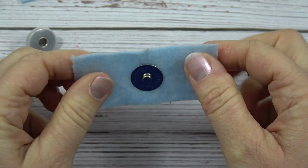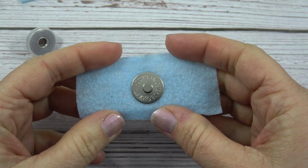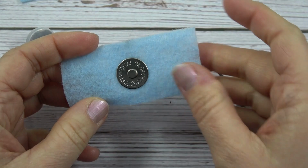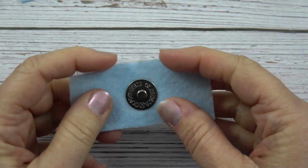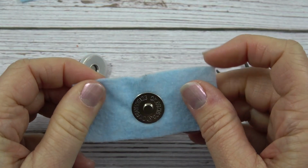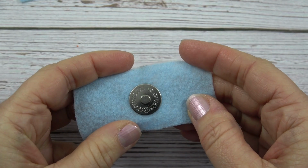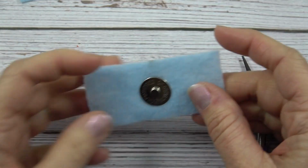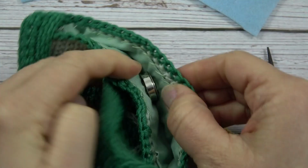Alright, and so that's nice and secure, but on the front it looks so pretty. Nice and clean. And then I'm going to do that with the other one. And I'm going to have these two pieces here that I can attach to my crochet bag. Now, if you are doing like I did in this small bag here,